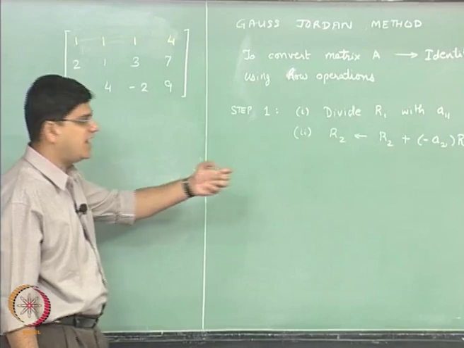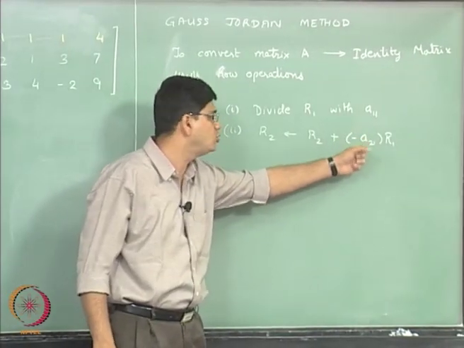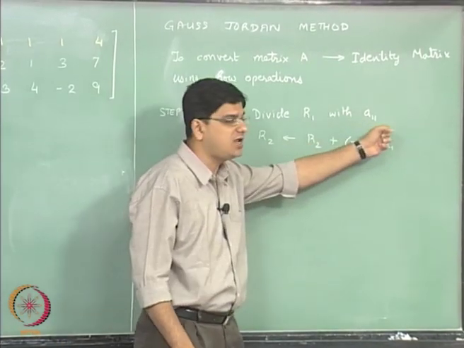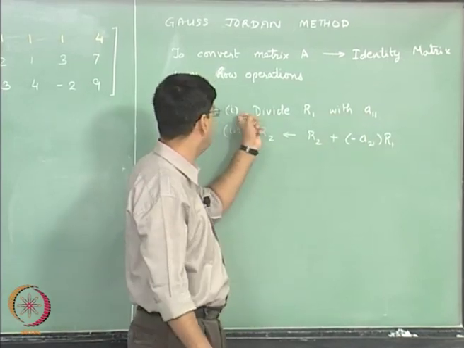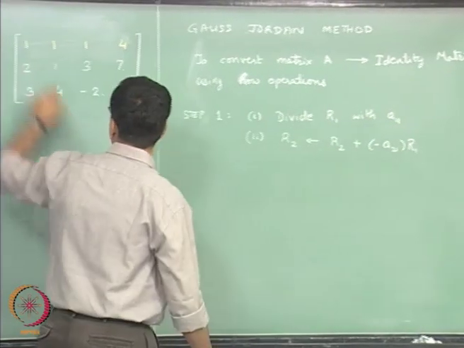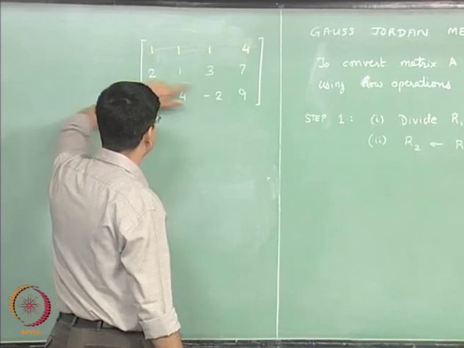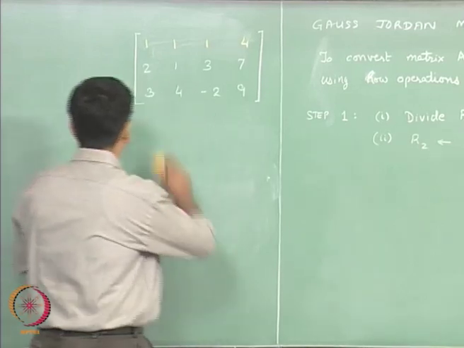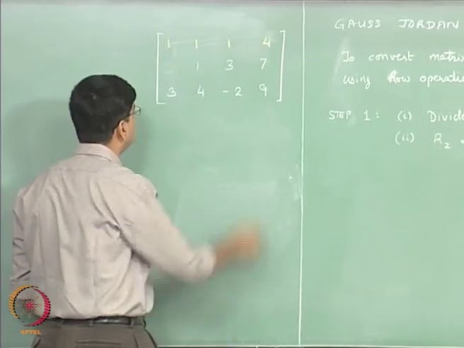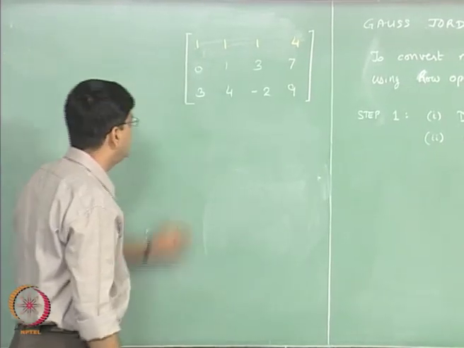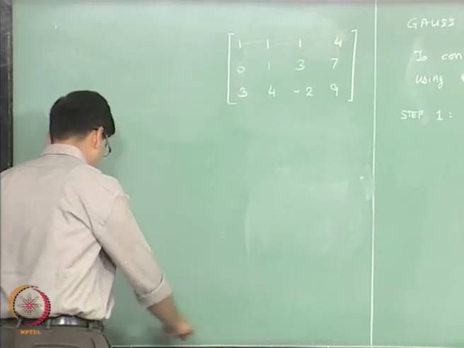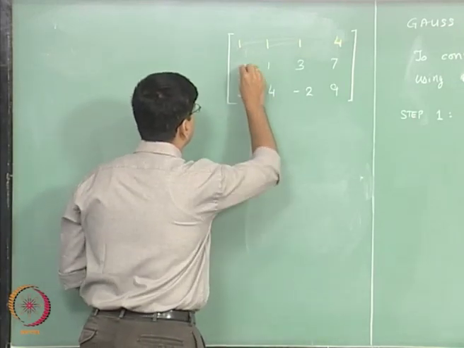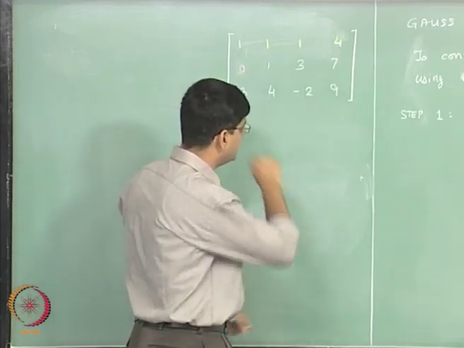Previously we had this coefficient as the ratio A21 divided by A11. Now we do not need that ratio because A11 has become equal to 1 through the first operation. So what we will compute is this row minus twice this row. Now this number we know is going to become equal to 0, so in a computer implementation we are not going to do this particular calculation. I will put this in red color, and we will do the rest of these calculations over here.